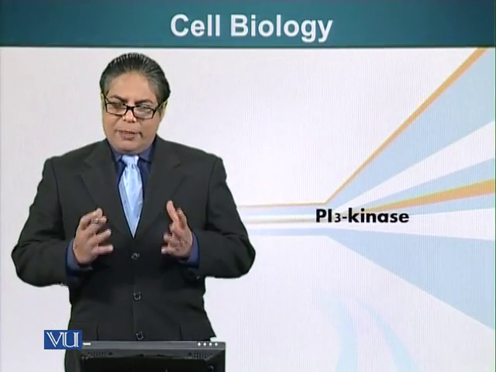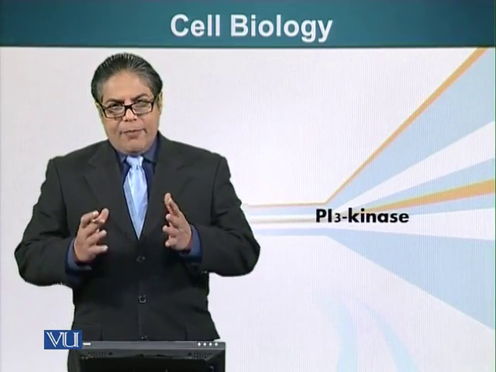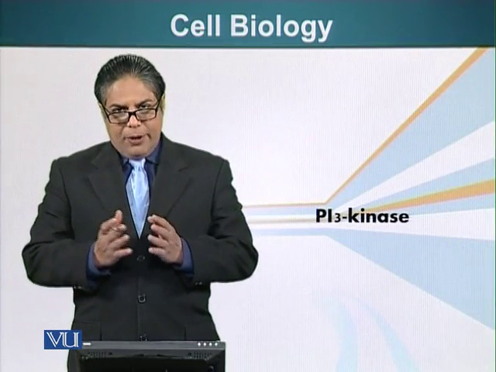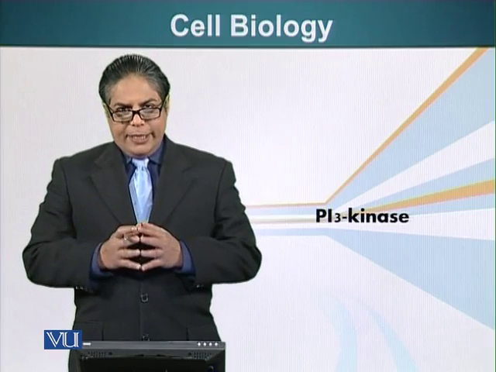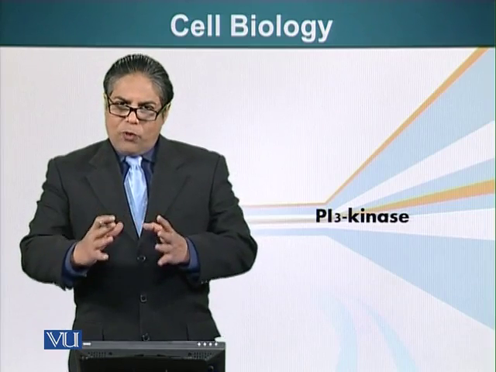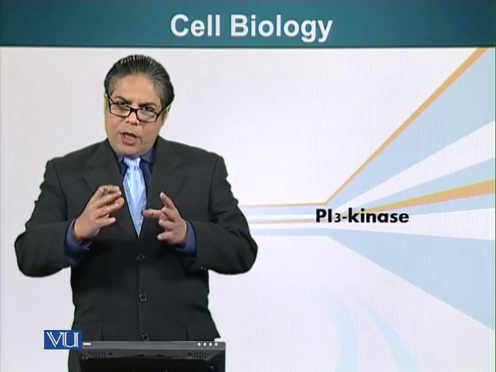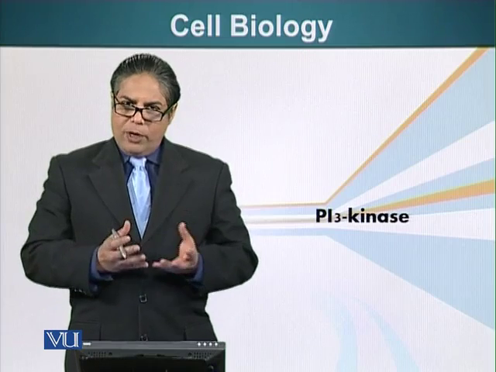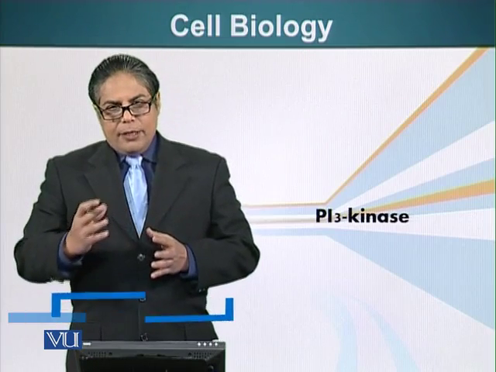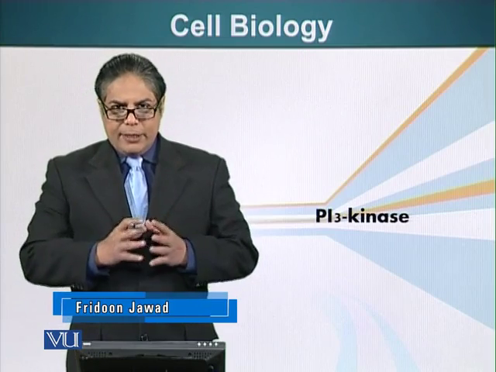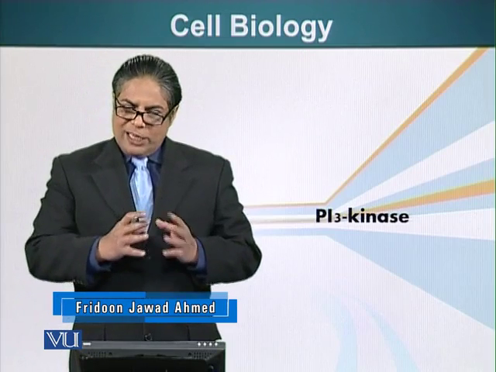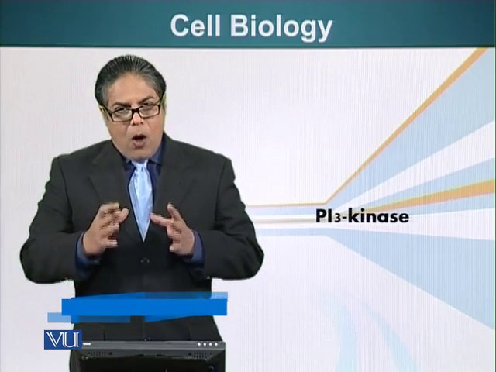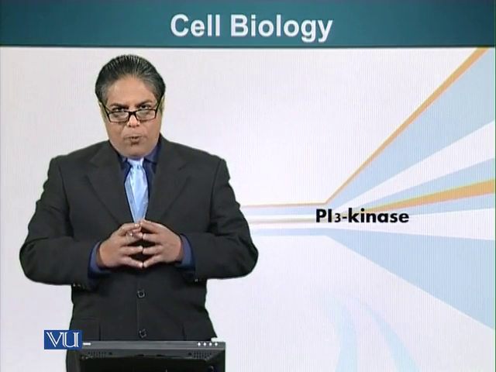We have talked about receptor tyrosine kinases. We said that when they bind their ligand, two of them come together, they dimerize, they cross-phosphorylate each other. When they cross-phosphorylate each other, they create domains or scaffold structures that can be recognized by other molecules in the cytoplasm. These molecules bind the phosphorylated receptors, and can either be activated directly or they serve as scaffold proteins